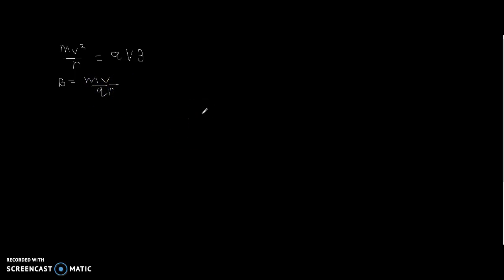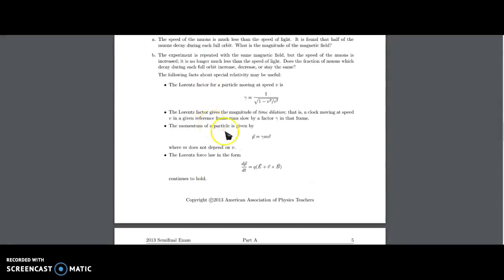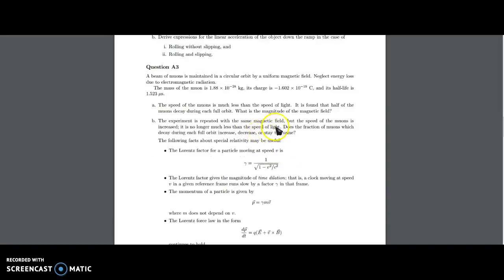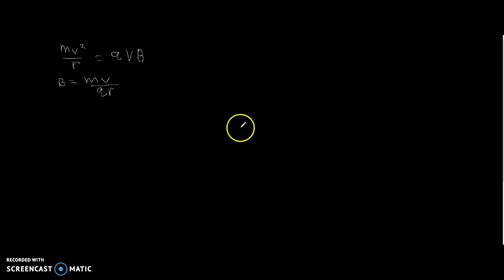Okay, so now we have to account for relativity, and even though it is traveling much less than the speed of light, the second question does ask about if it was traveling a lot faster. So basically, what happens when something is moving very fast, let's say you were the charged particle, and you could stand on the charged particle. If it was to move one complete circle, from your perspective, you look at your watch,